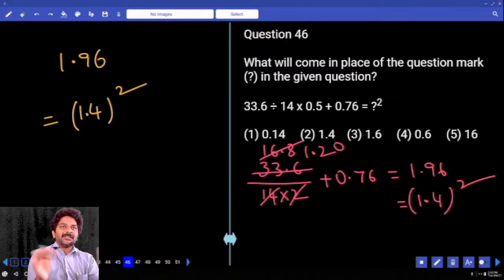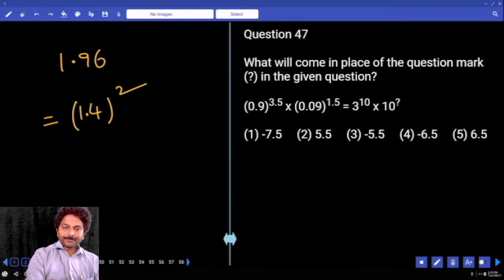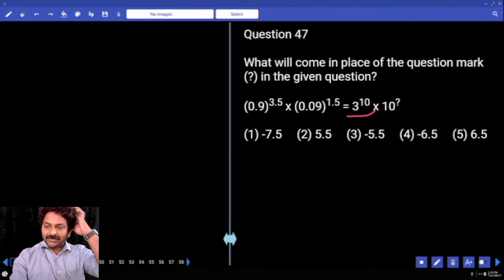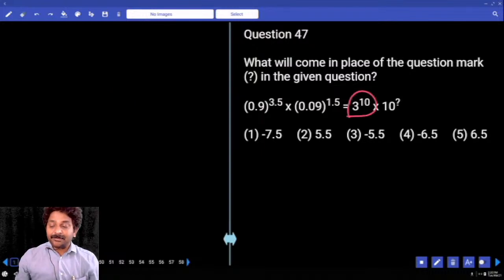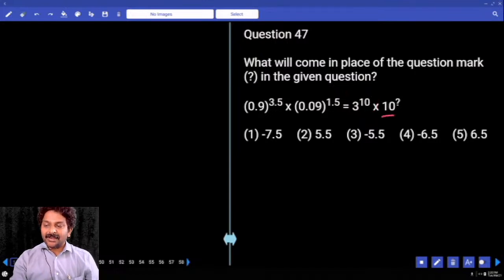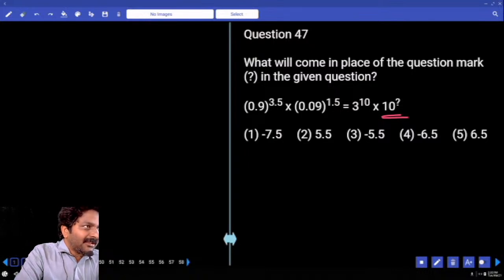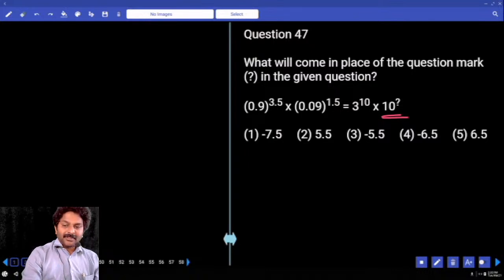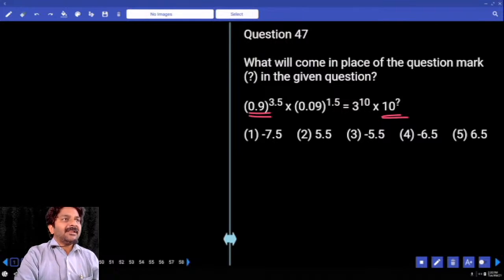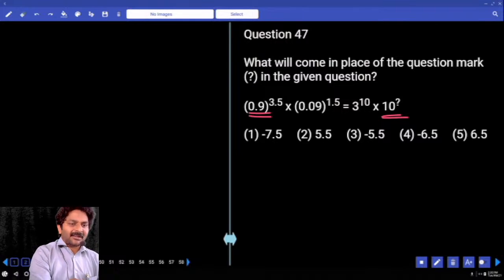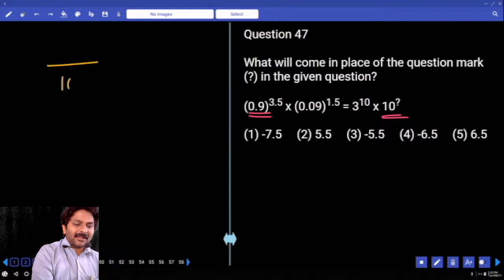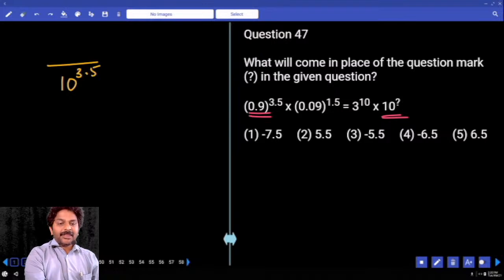Suppose there are no decimals, they come afterwards, that's all. Right. So this is 3 to the power of 10 into 10 power x. So your question mark is for only 10. So I'll concentrate only on 10. First number can be written as 9 by 10. I don't care about 9. 10 to the power of 3.5, which is there in denominator, into, this can be written as 9 by 100